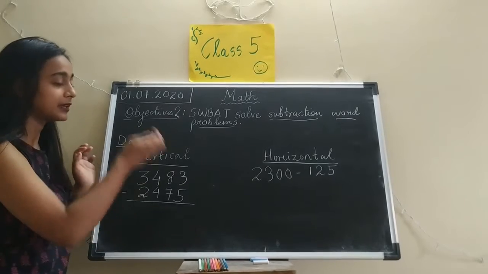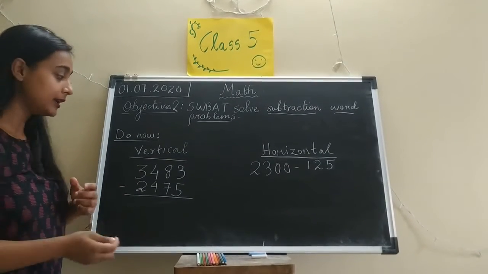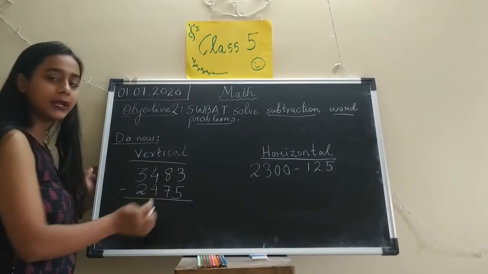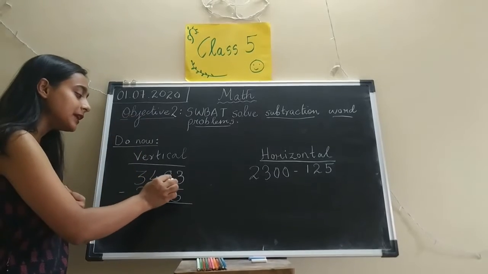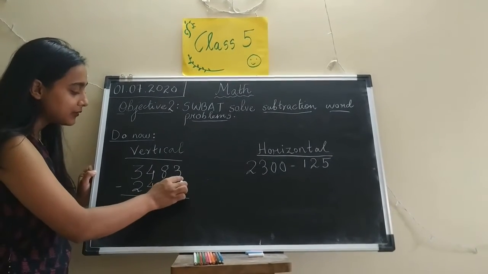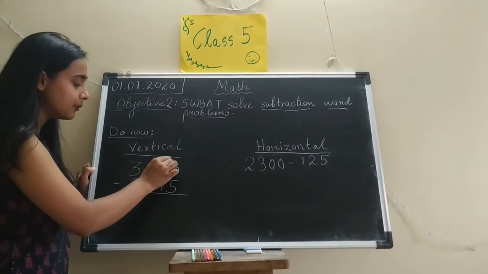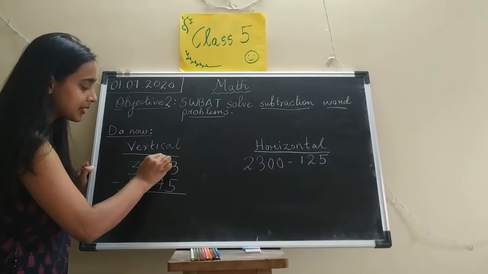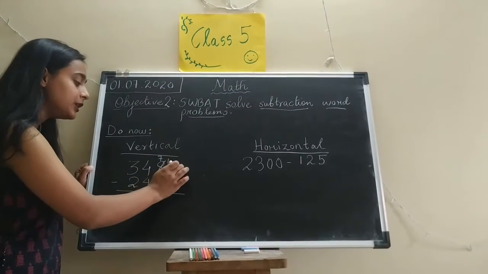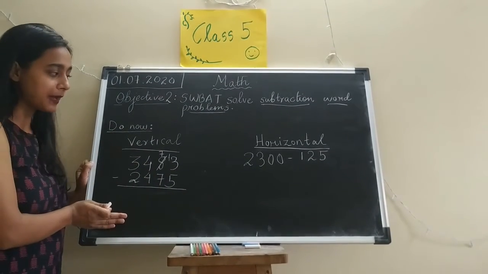Here you have to subtract. Now remember in subtraction you have to use borrowing also, right? If the number on top, अगर ऊपर वाला number छोटा है तो आपको अपने नेबर से एक नंबर बोरो करना है. So now here we see that you have 3 and 5 here. 3 is smaller than 5, hence you will have to borrow from 8. So 8 will become 7 and this will become 13. Okay, then you will do 13 minus 5, 7 and like this. You will do this subtraction by yourself.